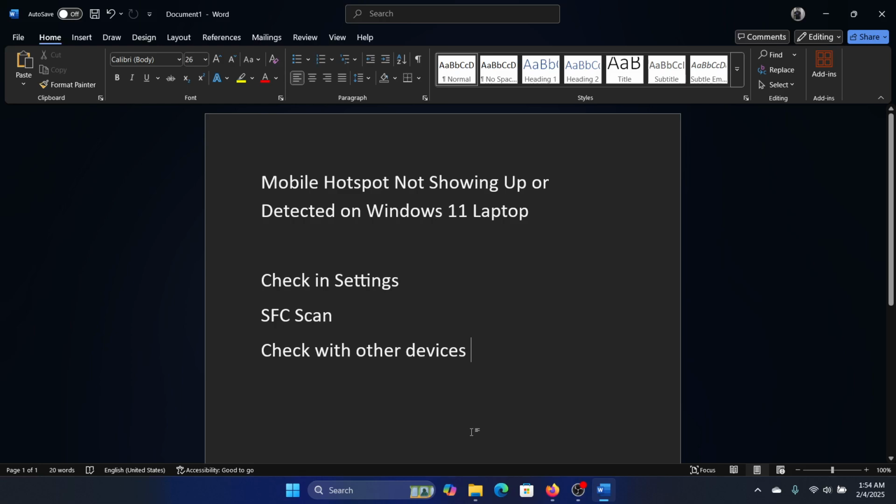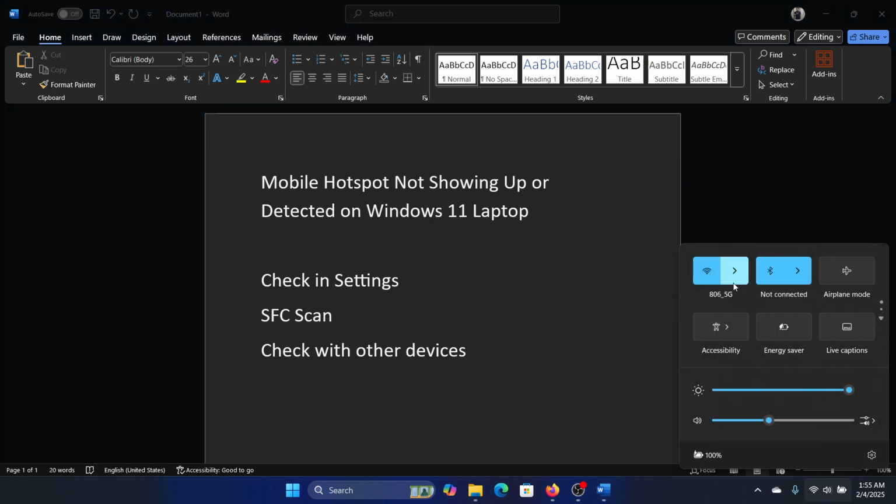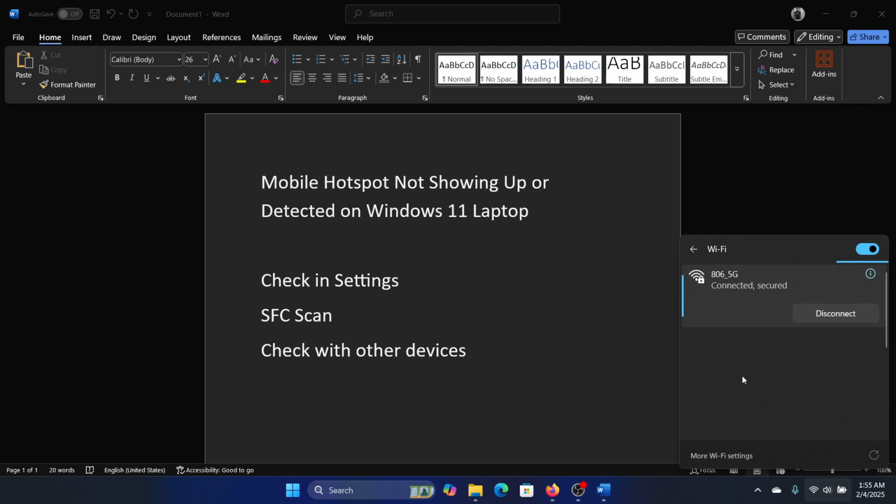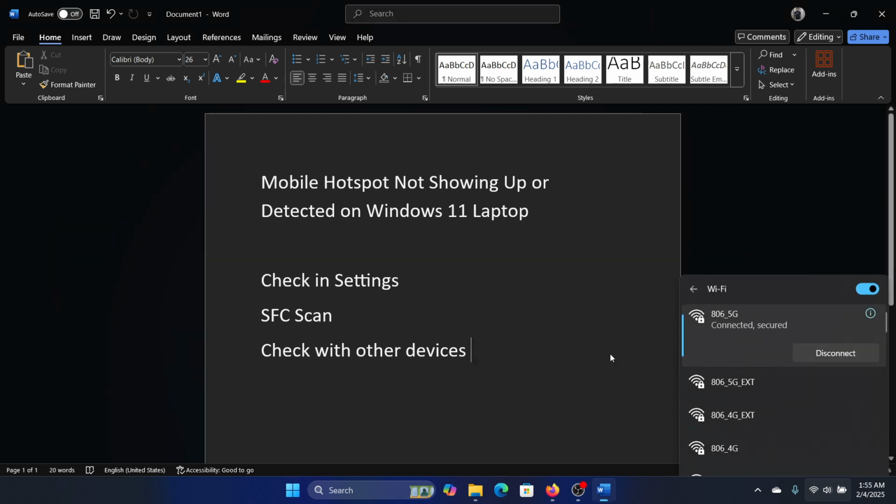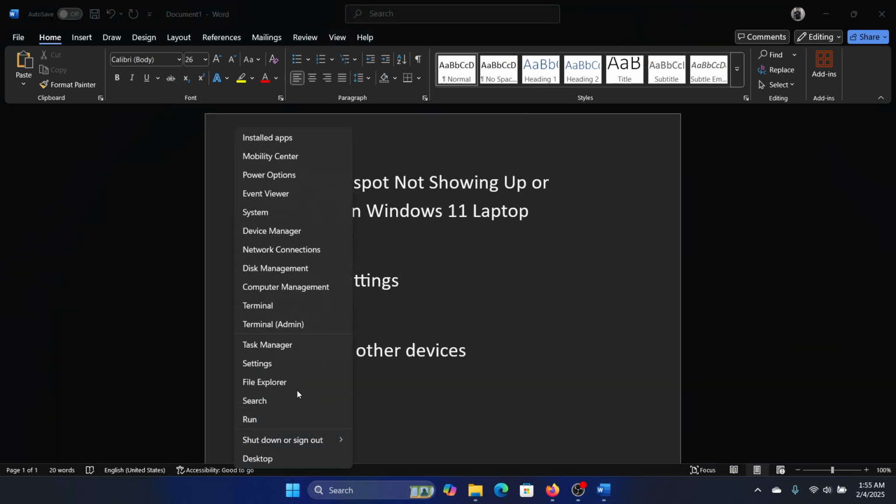Hey friends, if your mobile hotspot is not showing or it's not detected on your Windows 11 laptop, then please watch this video. So here's the thing, ideally you should detect your mobile hotspot here, but at times it doesn't appear. So I say wait for a while, but if it doesn't happen, then right click on the start button,